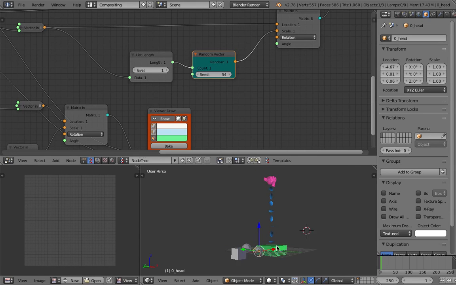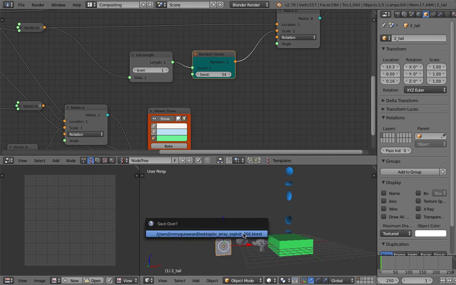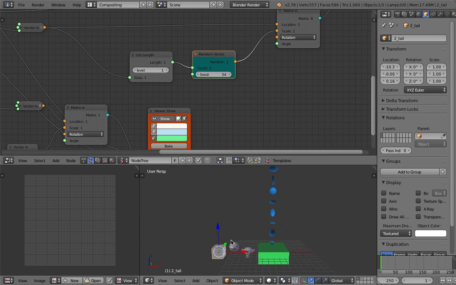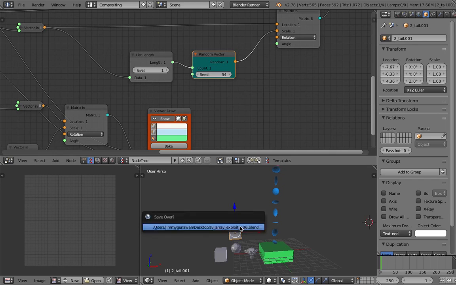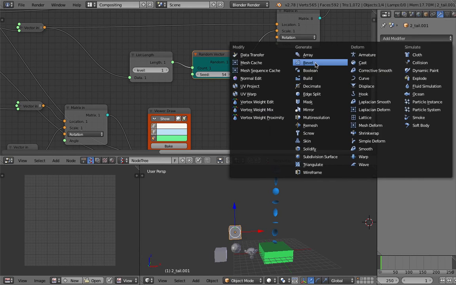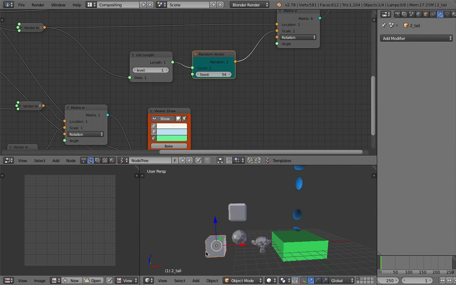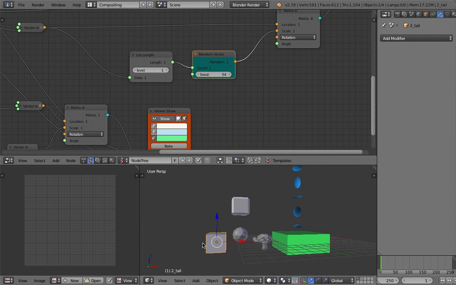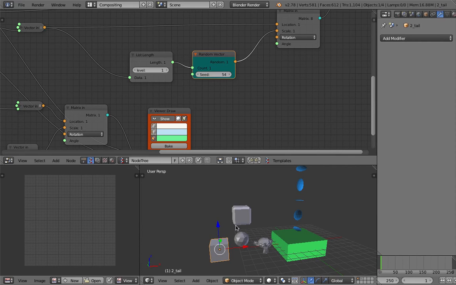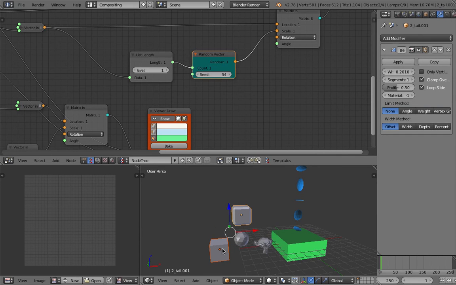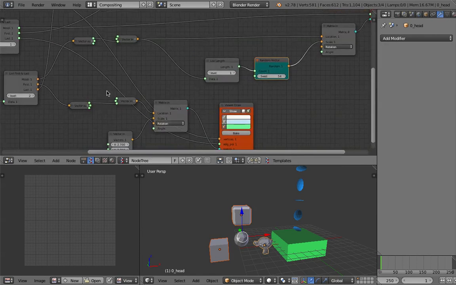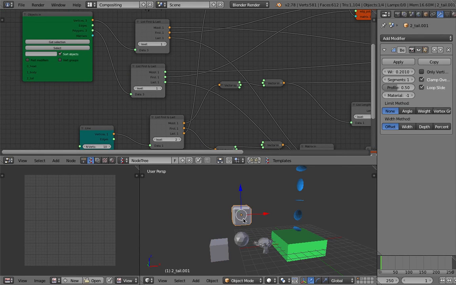And what else can we do? Obviously, we can replace the middle part with anything. In this case, maybe I create something new, maybe a bevel kind of element. So if this is going to be the base, that's the base, and this is the middle. Base, middle, head, and